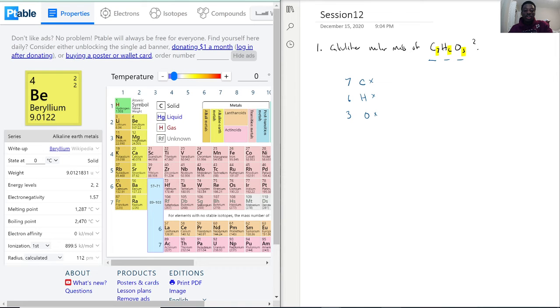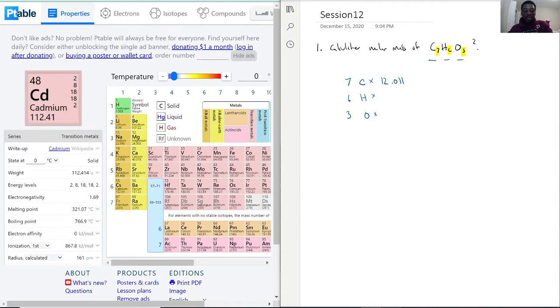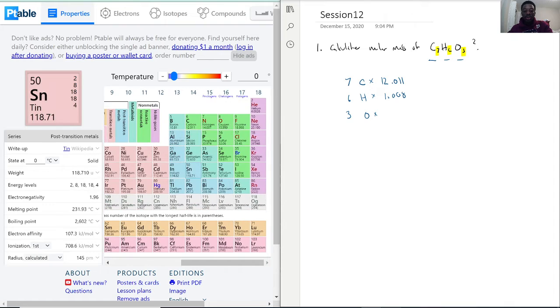So with that being said, for the carbon, we have 12.011. Okay? And for the hydrogen, we're given 1.008. And as a last one, oxygen, we're given 15.999. So now, let's multiply using our calculator to find each one. We have 12.011 times 7,